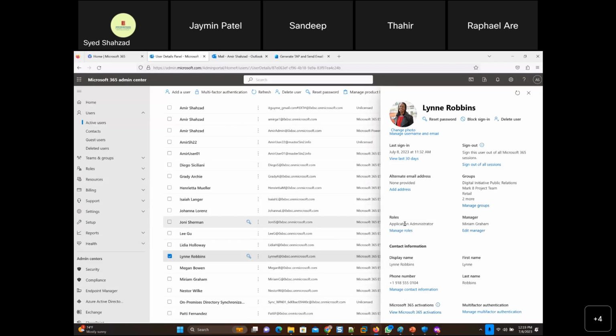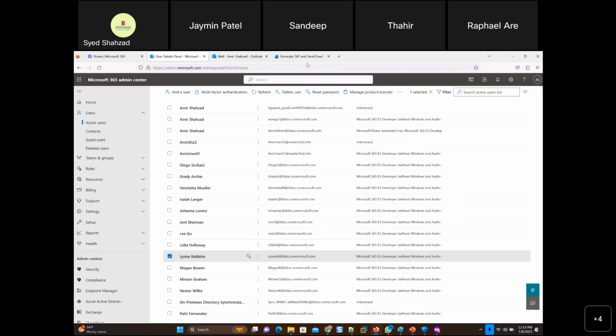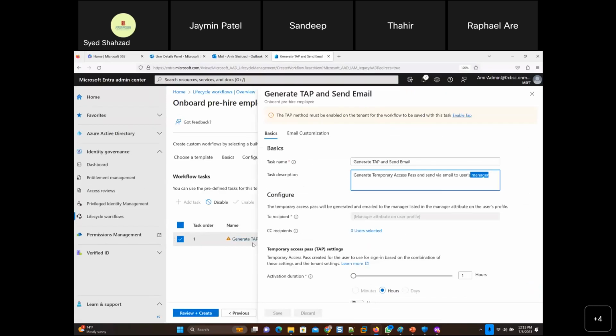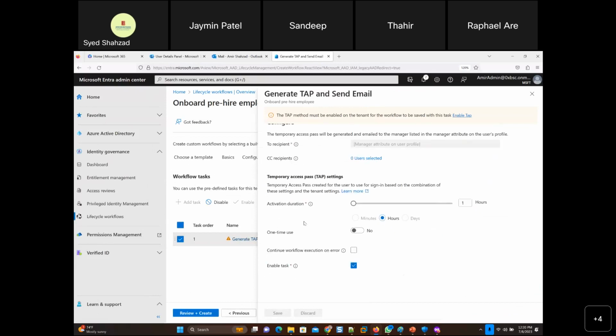In fact, we can add that to the automated task as well, if the manager is supposed to be added there. Whoever's the manager will get the email right away for that user: hey manager, your new hire has actually been added. The new hire's country has been created, or whatever information you selected there has been added. The manager will know whatever you added there in the template, right? So we added country, I think we added the city or whatever we added.